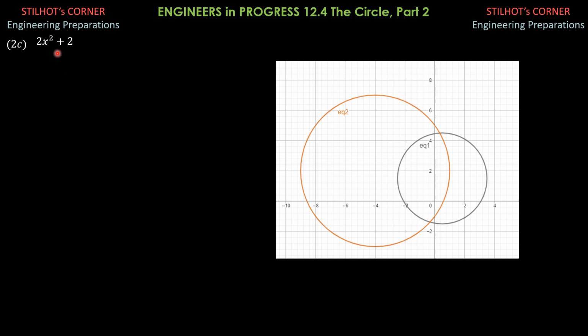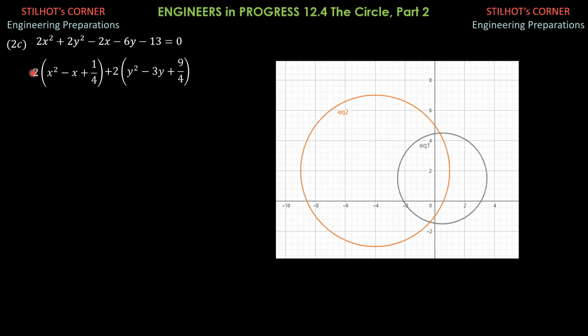2x squared plus 2y squared minus 2x minus 6y minus 13 equals 0. Factor out 2, then complete the square in x. 2 times (x squared minus x plus 1/4). Again, 1/4 is the square of 1/2 of the negative coefficient of x. So negative 1/2 squared is 1/4. Then for y, 2 times (y squared minus 3y plus 9 over 4), where 9 over 4 is again the square of 1/2 of negative 3. Negative 3 halves squared is 9 over 4. Then equals 13. Transpose this to the right.